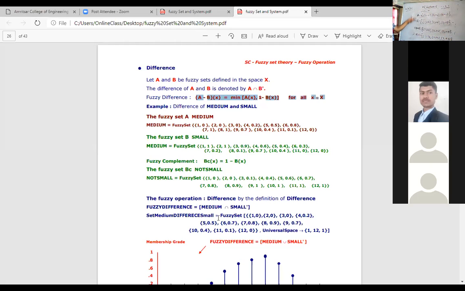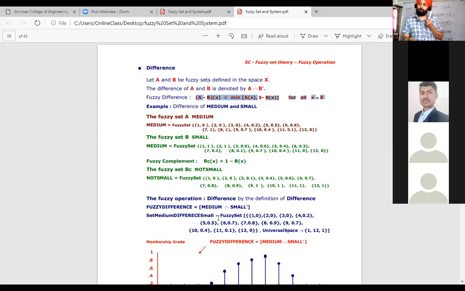And what will be B minus A of x? You have to take the complement of A and then proceed accordingly. So very important: inclusion, comparability, union, intersection, equality and difference. The question can be, you may be given some sets A, B, C, D, and you will be asked to perform some actions like find A union B, what is A union B intersection C, what is B minus D, what is C minus D. Any such questions can be there.